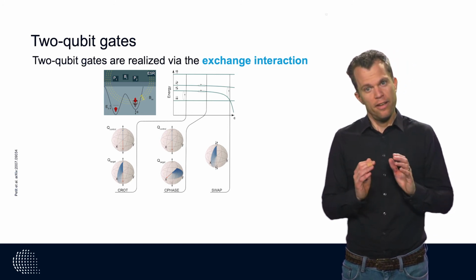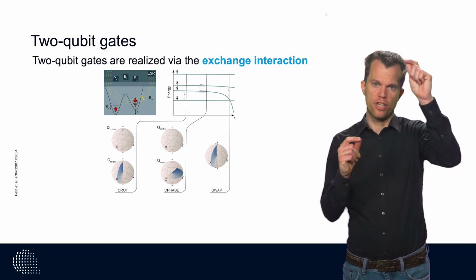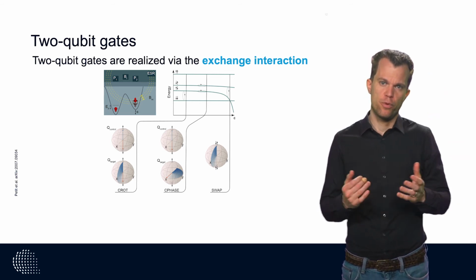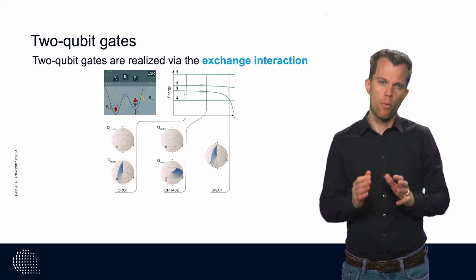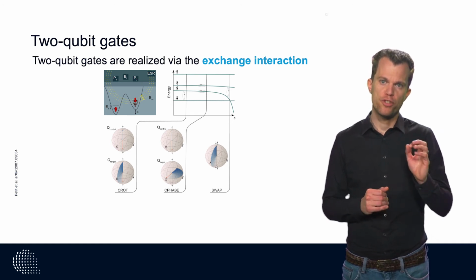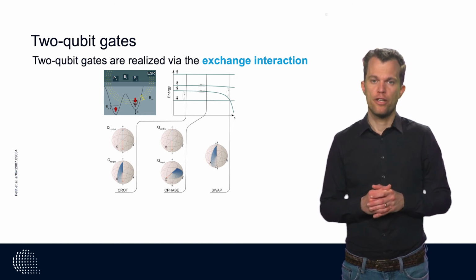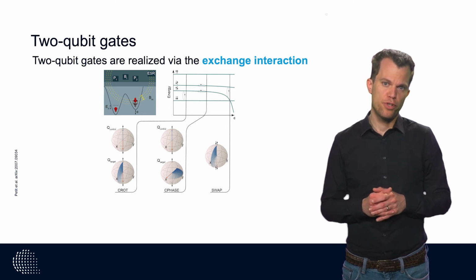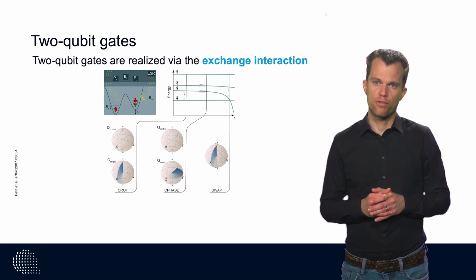Instead, electrons residing in different quantum dots can couple to each other via the O2 charge configuration, the situation where two electrons reside in one quantum dot. Compared to real atoms, the orbital energy is typically much smaller, and the consequent interaction is therefore much larger. Furthermore, using the electric gates, it is possible to tune the energy such that the O2 charge state is rather close to the 1-1 charge configuration.